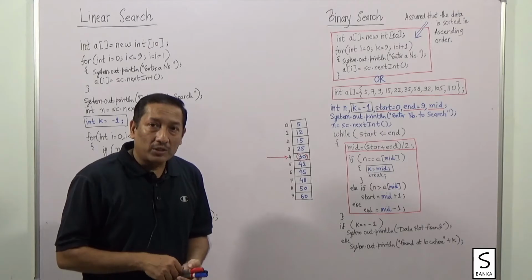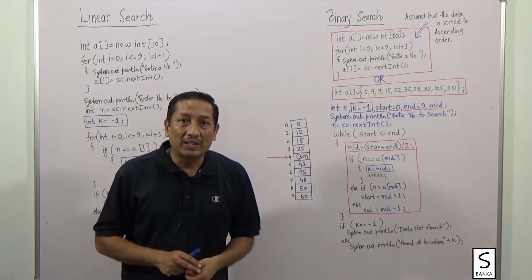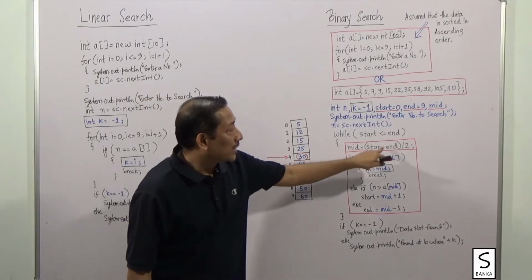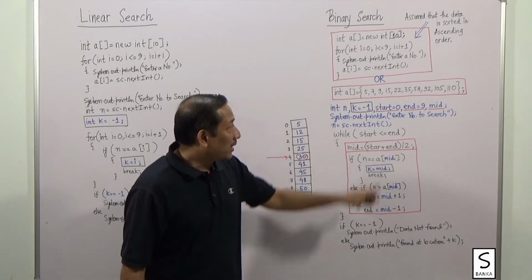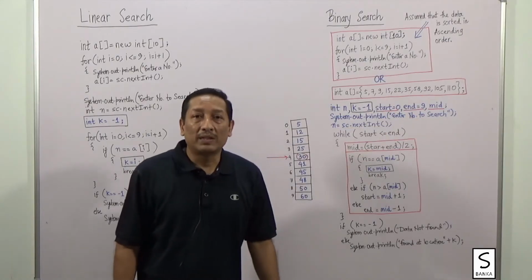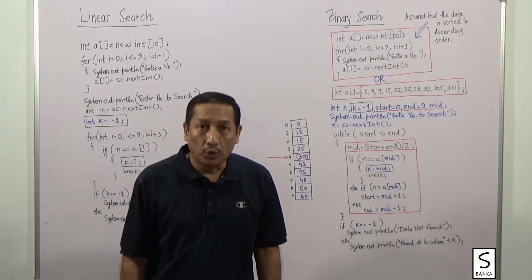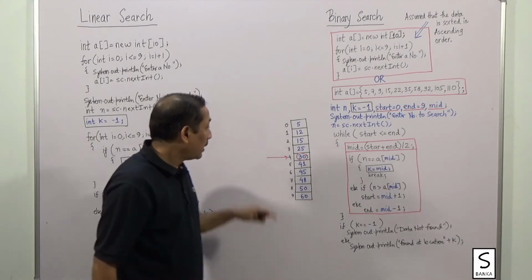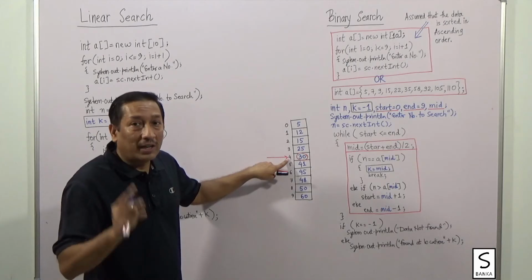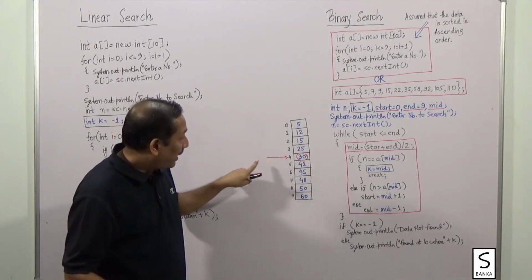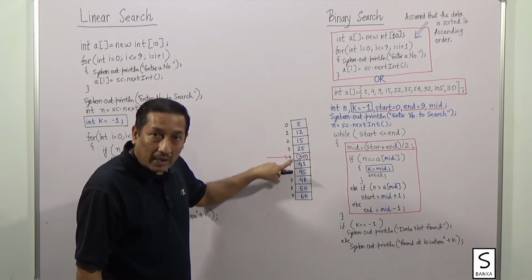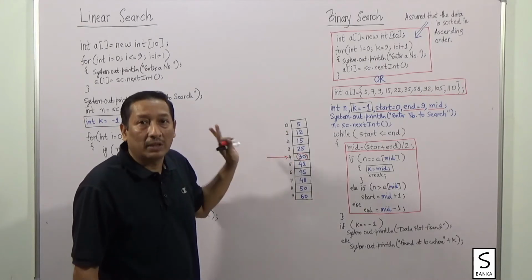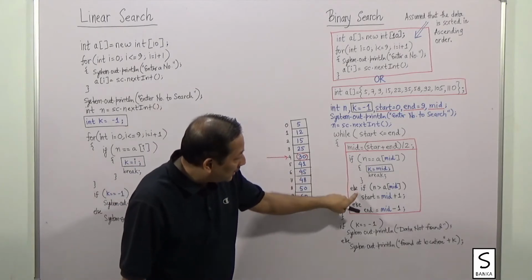Just now I told you that the binary search method requires the middle location of the array. So the first thing we did was we found mid equals to start plus end divided by 2. Now start is 0, end is 9, so 0 plus 9 divided by 2 will give you 4. Integer divided by integer is also an integer, that is also being applied here. So the middle location is 4. Now there are 3 possibilities. Either my data is at this location, and if the data is not at this location, it will be bigger than 30 or it will be lower than 30. Those are the 3 conditions that I am checking.